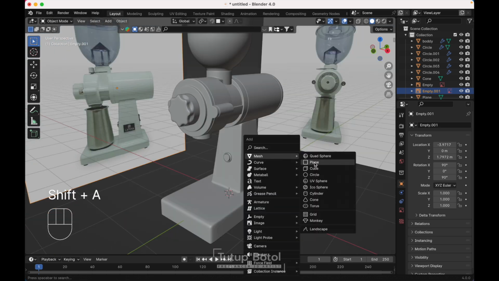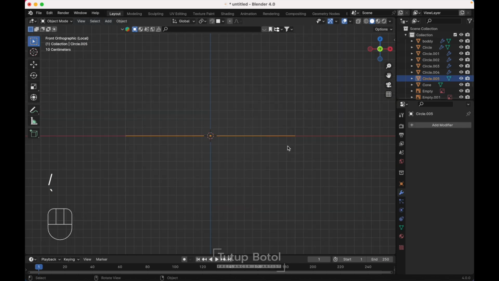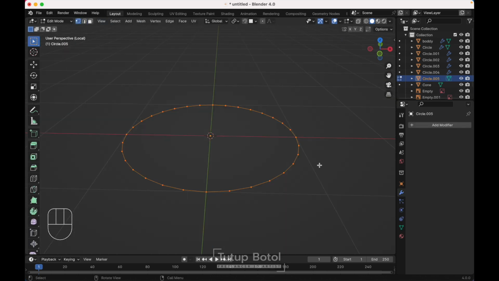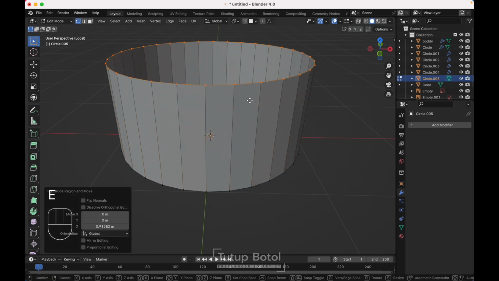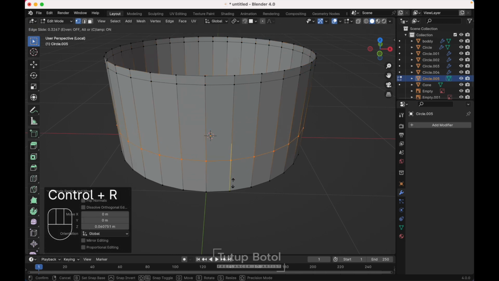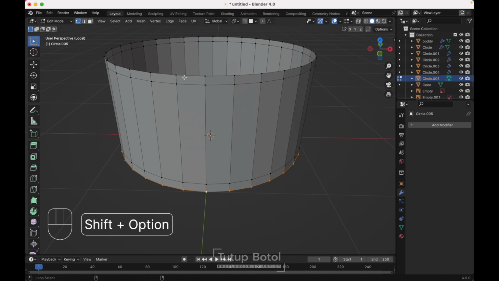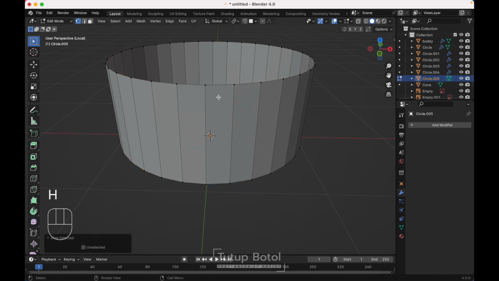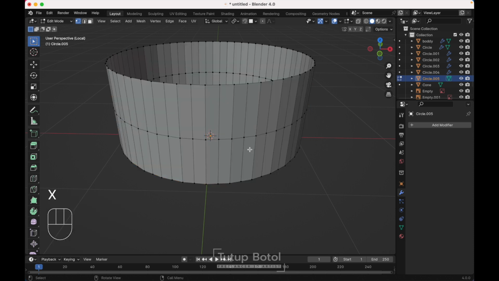Press Shift A, mesh, a circle, press slash on your keyboard, get the front view, tab to the edit mode, press E Z, scale this up like this, press E again, Z, move like this, and press Ctrl R, add a loop cut over here, and we need to select this edge and this edge, press I, press A to select everything, subdivide,